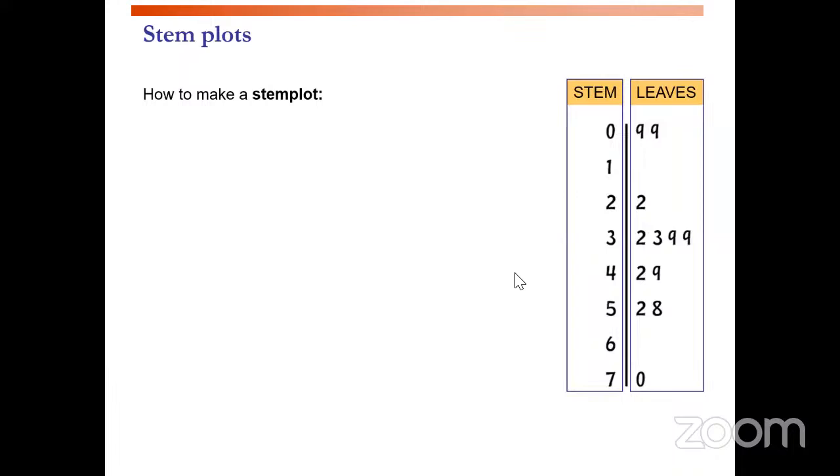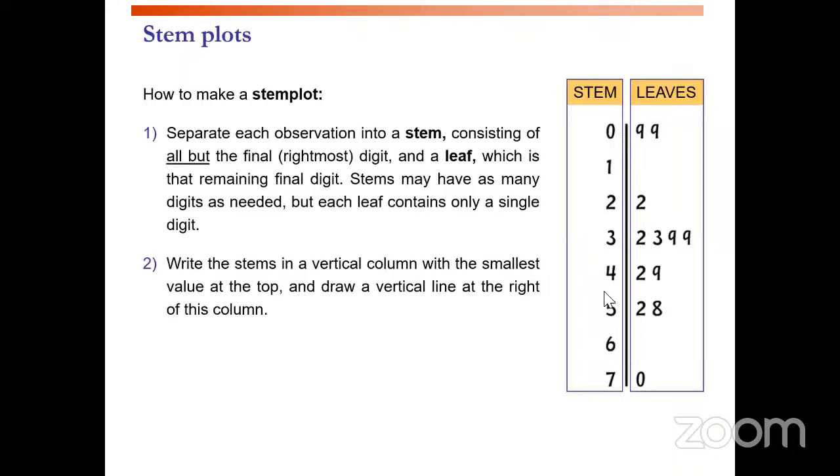This is the stem and leaf plots. The plot is divided into two parts: one is called the stem and another one is called the leaves, right? That is also useful for the quantitative representation of the data, right? And what exactly we do to prepare this, we separate each observation into two parts, one called the stem, right,